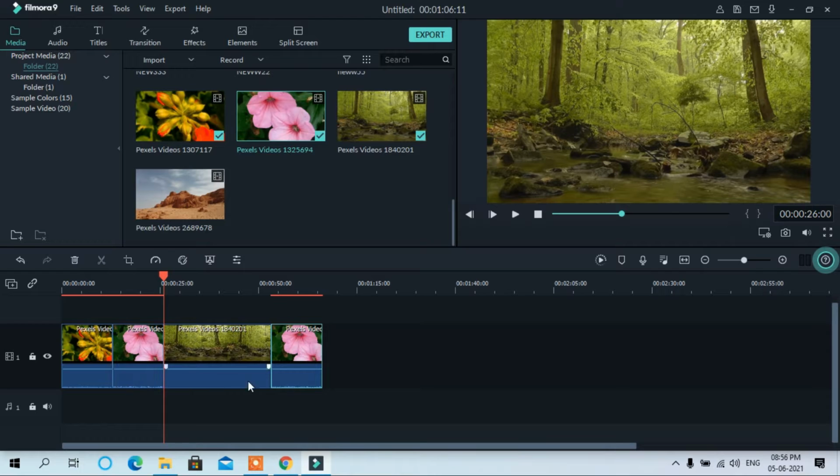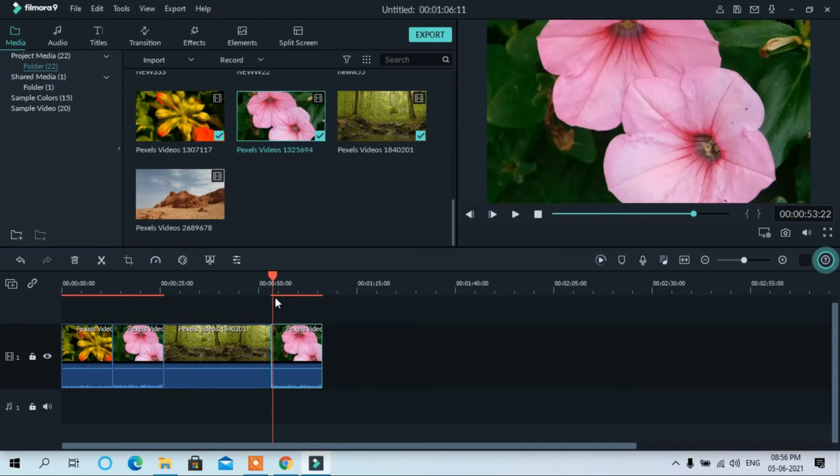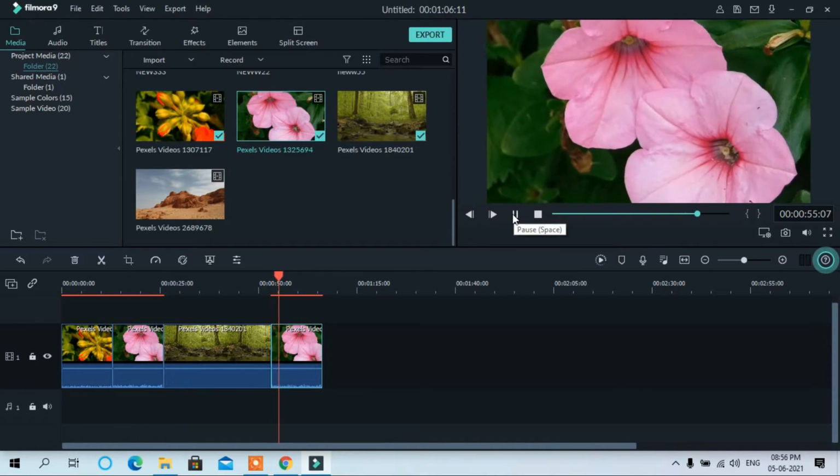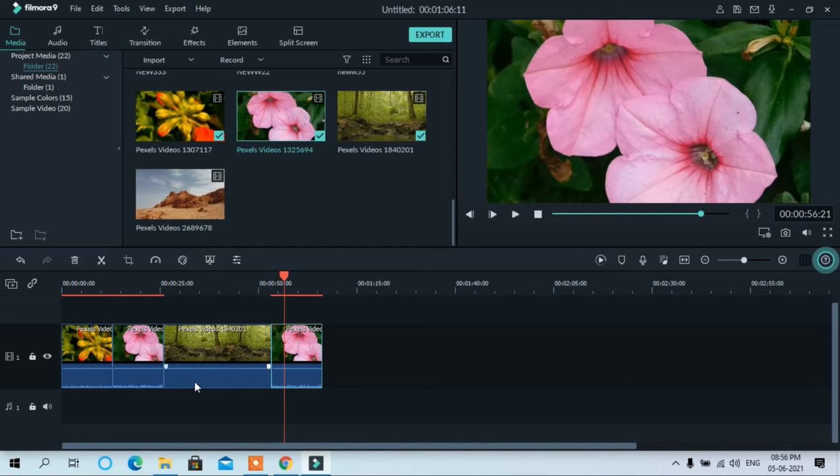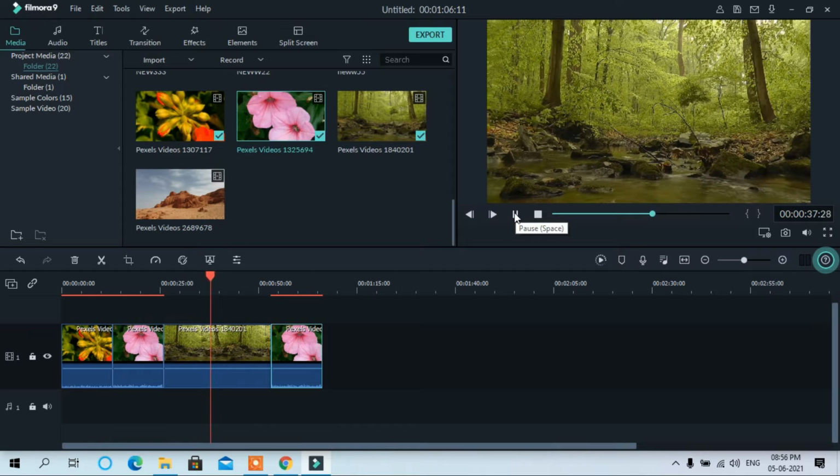See, this area is the audio area of this video. Of each clip, this is the audio area. You can see, you can increase the audio by clicking and dragging upwards. Let us see whether it has audio or not. Yes, it has audio. This one you can see there is no waveform here. This one has no waveform. You can check it. No, it has no audio here.